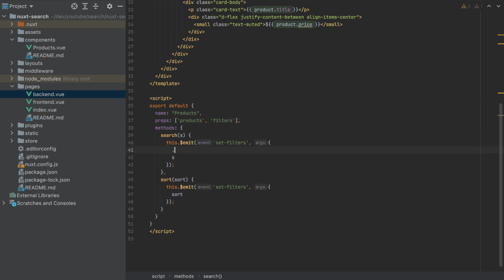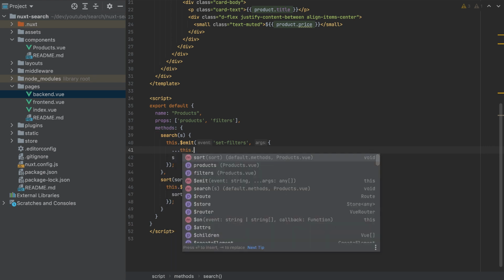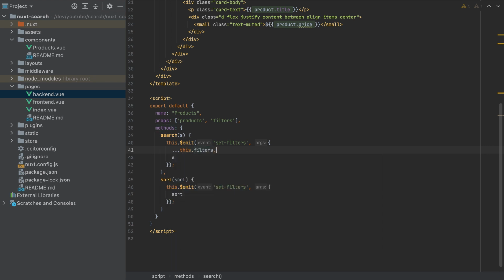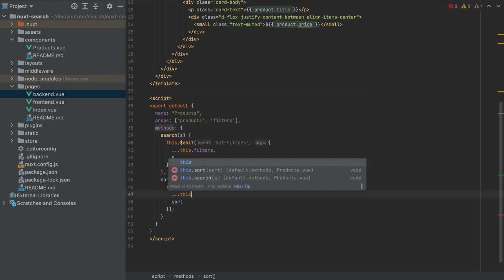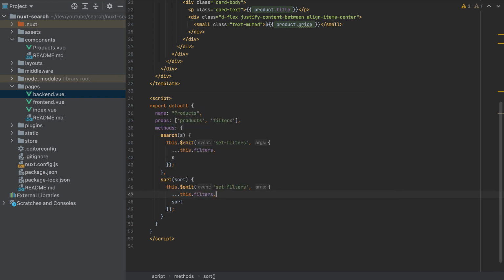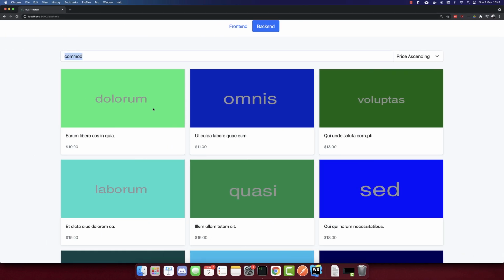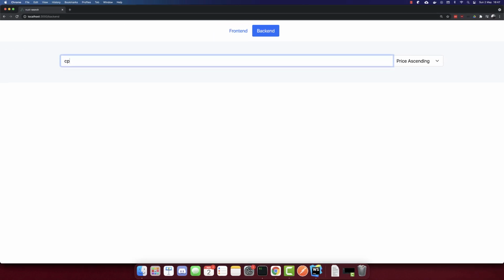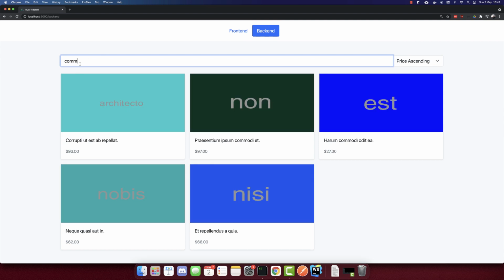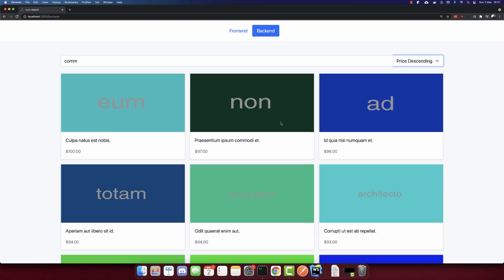Now when we search, we'll pass the previous filters, and we'll change only the search value, and also when we sort. So if we do it like this, this will keep the old search and the old sort when we change another value. So if I search again with this search text, we have 5 items. If I sort with price descending, we can see